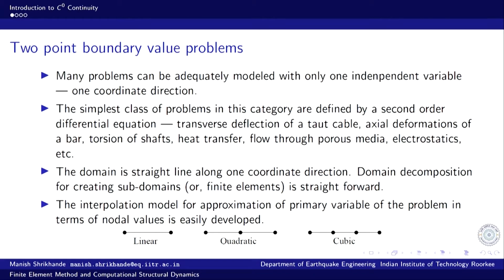So, for a linear interpolation we will need two nodes, for interpolating between the function values at the two nodes. For quadratic we will need function values at three nodes, and for cubic variation we will need the function values at four nodes, and a unique polynomial variation of a desired degree can be determined by imposing these constraints at these nodes of interpolation.